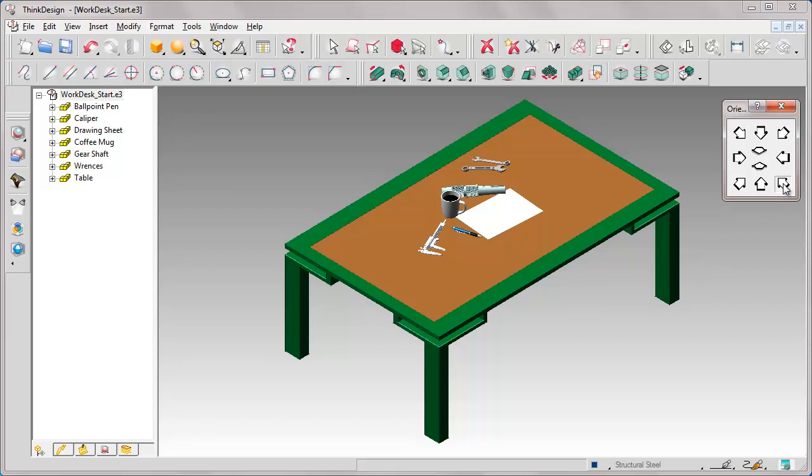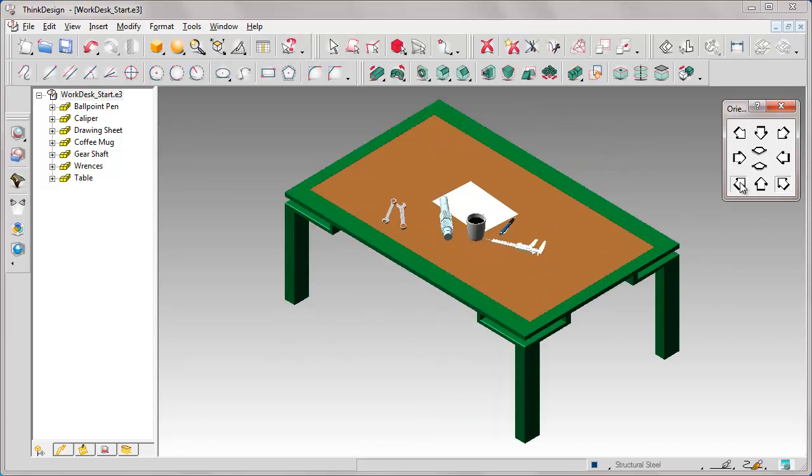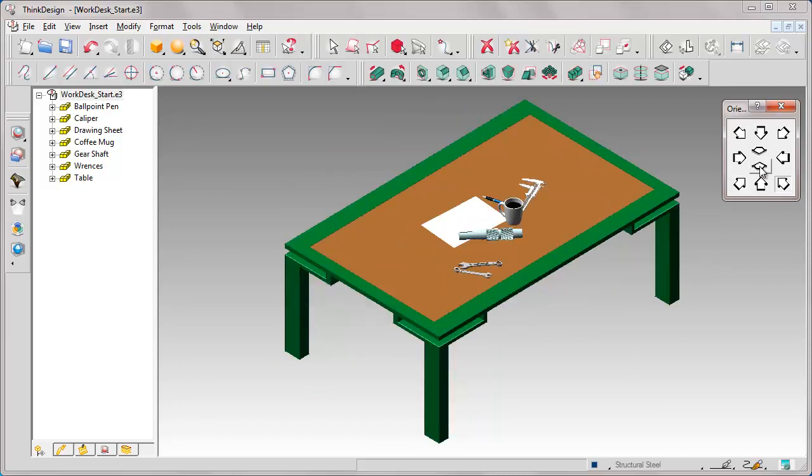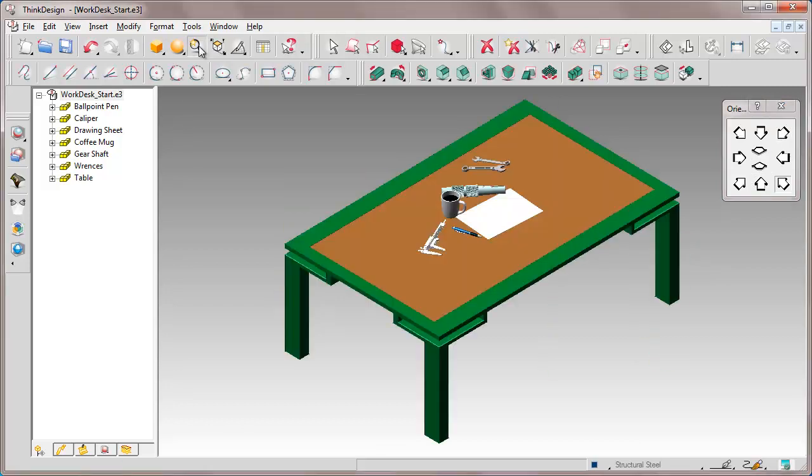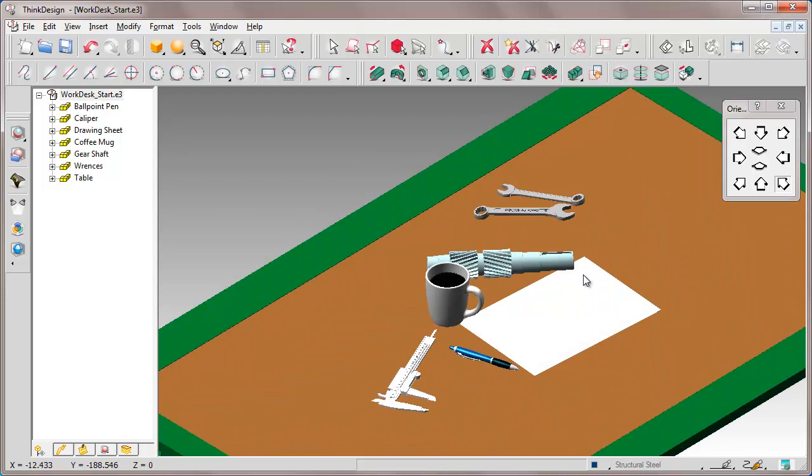In this model, we have a table with several objects of different materials and arranged in random order that we will use to see how it's possible with ThinkDesign settings of the materials to give objects a realistic look to get high-quality images. We zoom in,